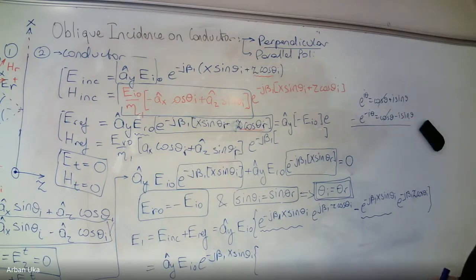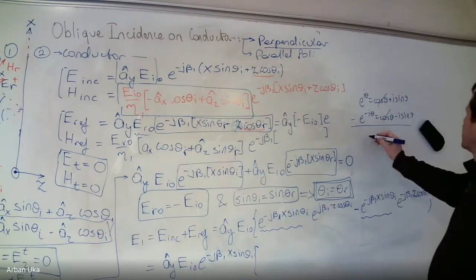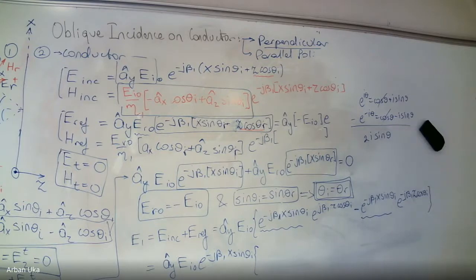Then if we subtract those, we get 2i times sine theta, okay? So we get a complex number term. But do we get a negative sign or it's plus? So we subtract these two terms,